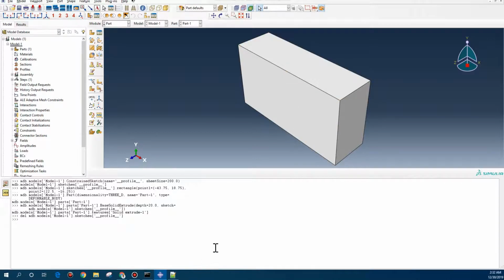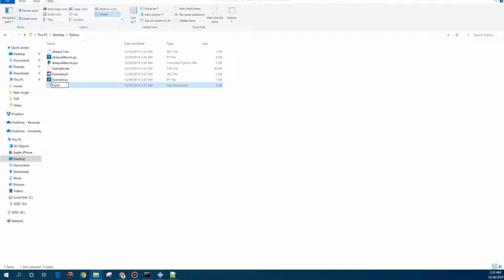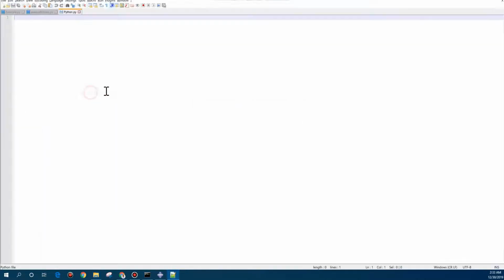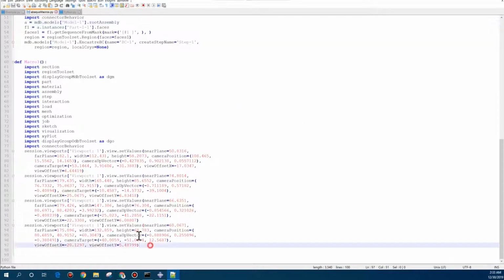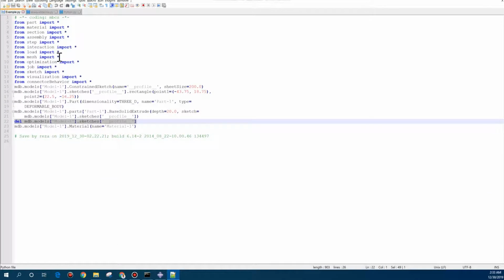So we can do it line by line in the command section, or we can put it all in the text file, and then change it. For example, if you want to create, you can just easily say, okay, I want to have a text file, python.py. Oh, sorry. In here, I need to erase the txt, the warning, and then you can see an empty file in here. Then you can easily, for example, copy this, but I prefer to go with a JNL, and then you can easily, for example, copy these